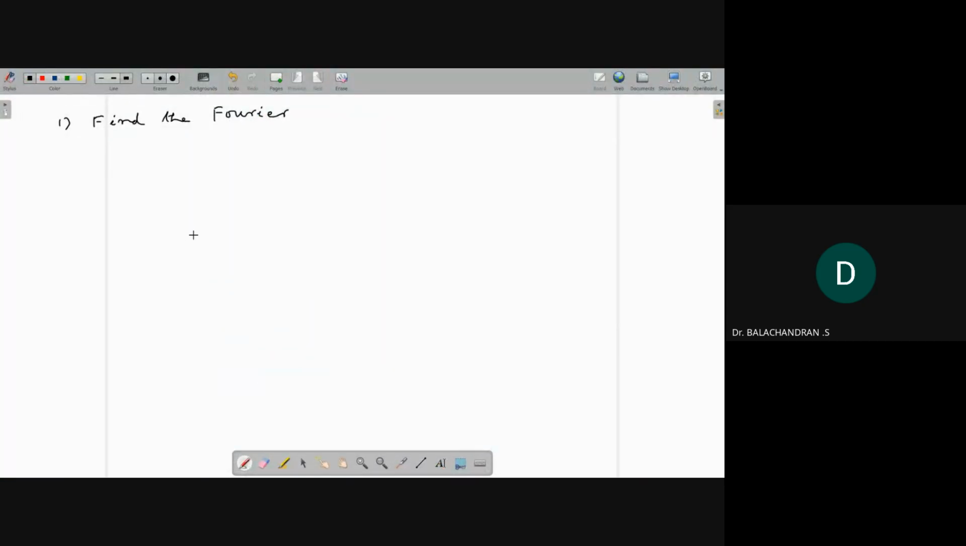So in this class, we will discuss two problems on Fourier transform. The first problem is: find the Fourier transform of e^(-a|x|), and hence deduce that